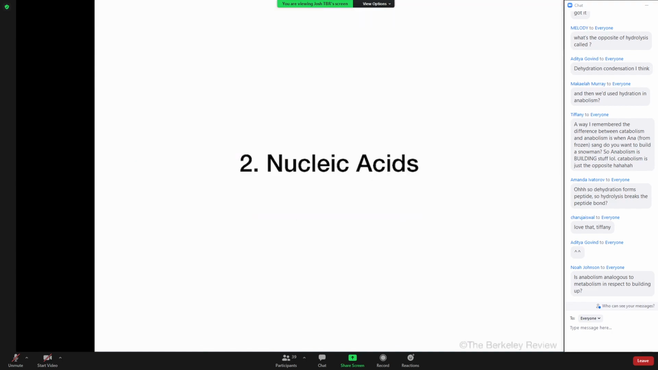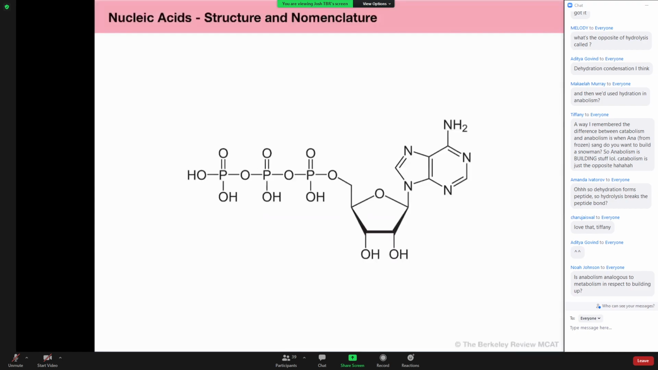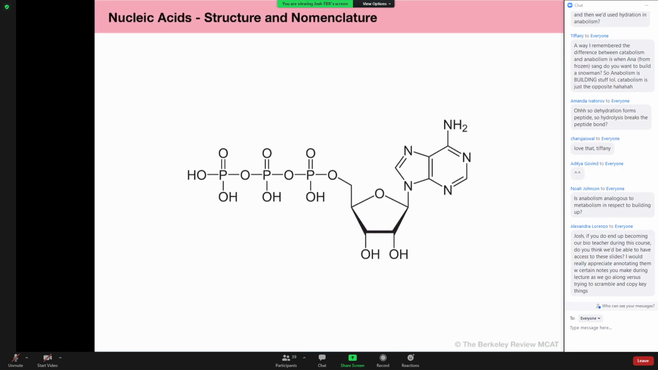We'll move on now to nucleic acids. Let's talk about the structure of the nucleic acid, and let's talk about the nomenclature. And believe it or not, for some reason, MCAT test writers